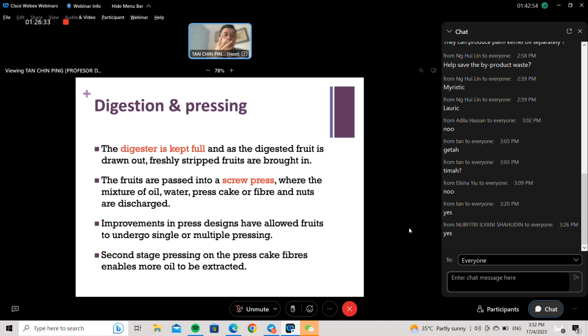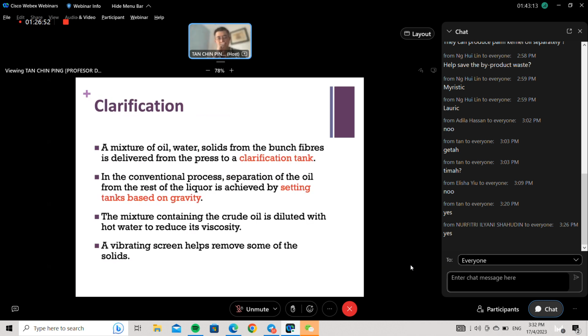So you are going to have a mixture of oil, water, press cake fiber, and so on. And then some mills will require double pressing so that they have more oil extracted out of the fiber or mesocarp. Right after that, you will have crude oil, which, as I keep mentioning, is very viscous